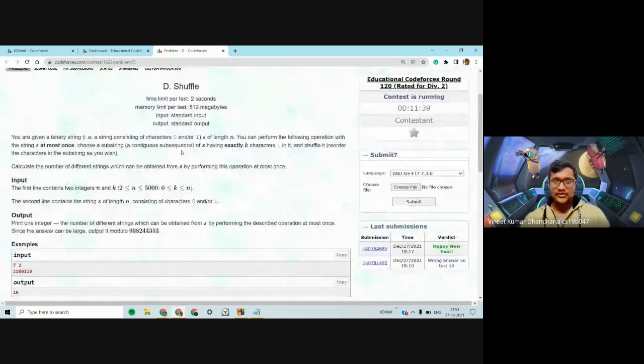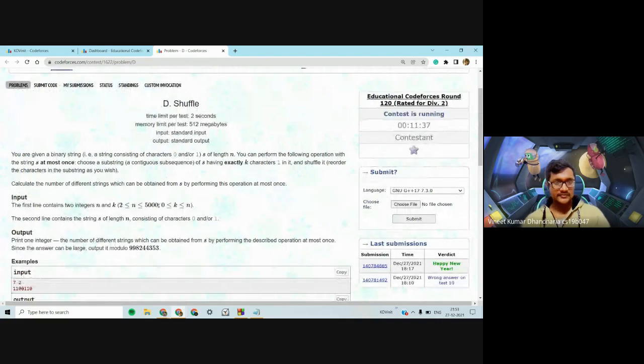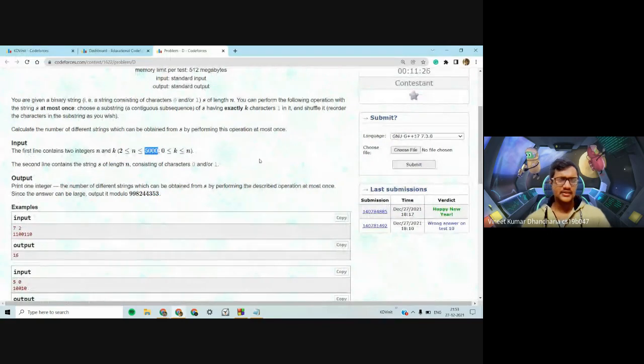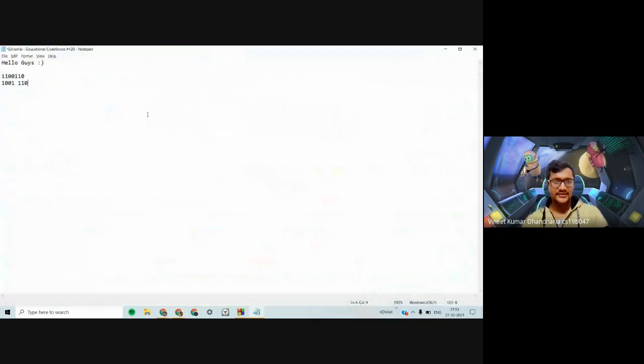Again, for this problem, I'm a bit confused if my solution is wrong or something, but I think n can be up to 10 power 6, at least in my solution. So I will just explain my solution. Basically, what you do is you first of all find the first substring which has exactly k ones, and suppose you have this substring which has exactly two ones, then this has a length of 4, and you have to make two of its bits set. Like you have to make two positions 1.